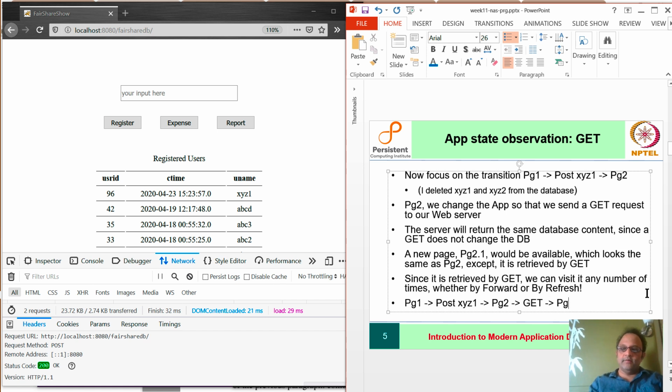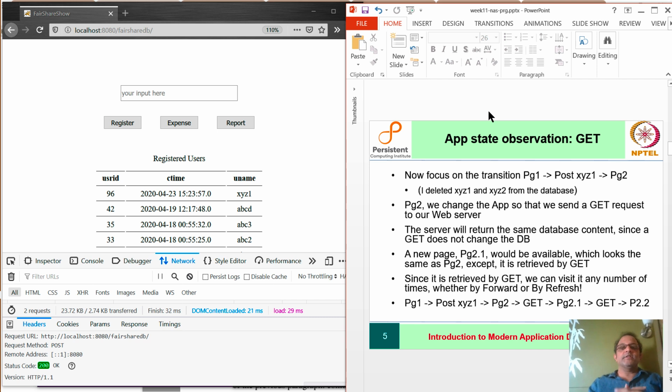So get will give you page 2.1, another get will give you page 2.2. But all these pages 2.1, 2.2, etc. will be indistinguishable from page 2 because the way we have written our get function, it's not supposed to change the data set. So in other words, I can repeat this sequence any number of times.